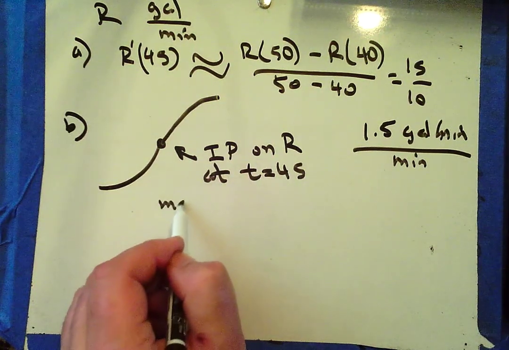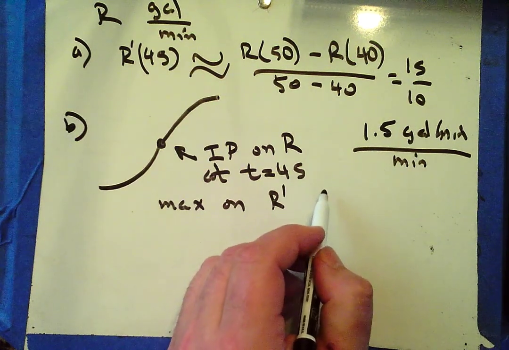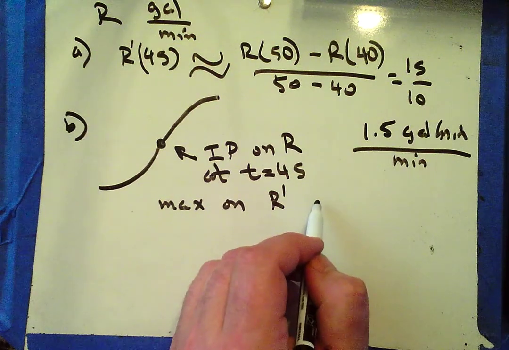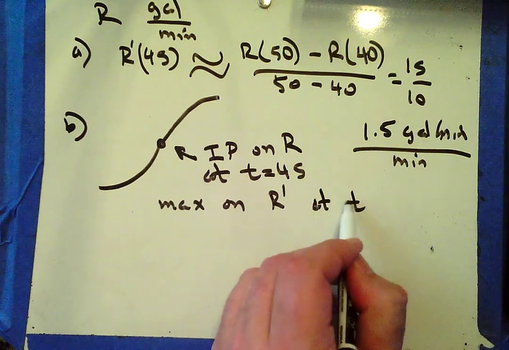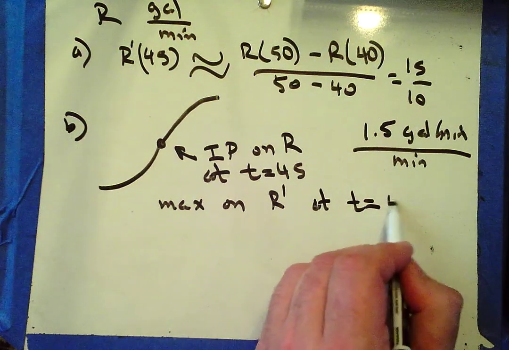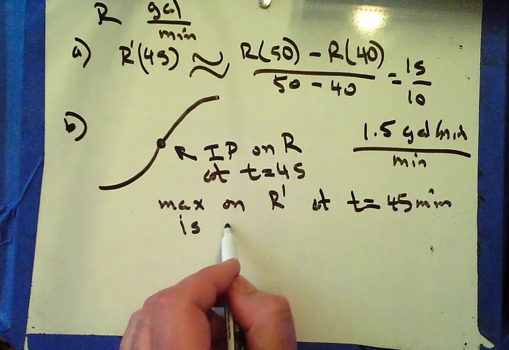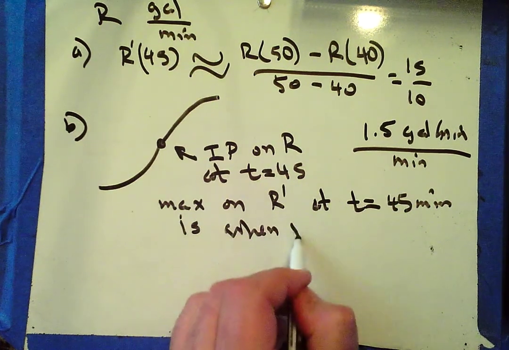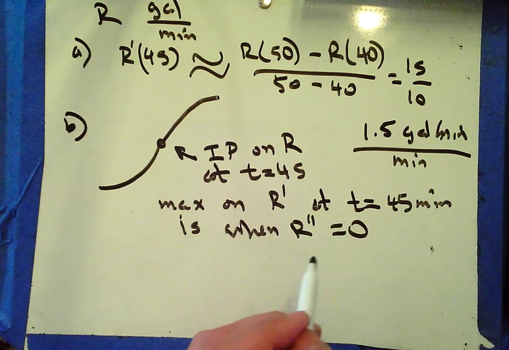So the max on R prime at t equals 45 minutes is when R double prime equals 0,